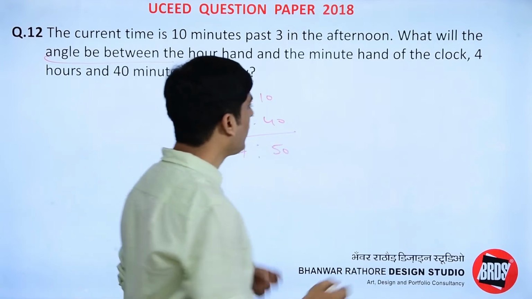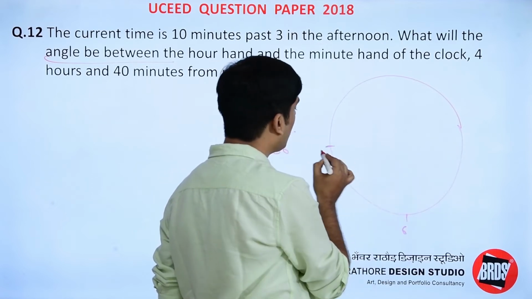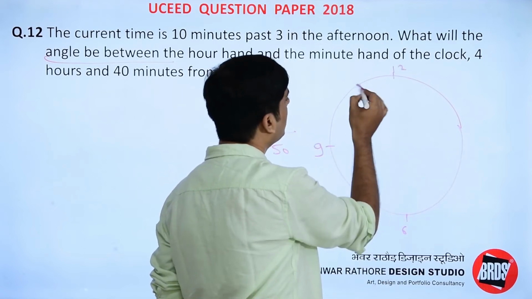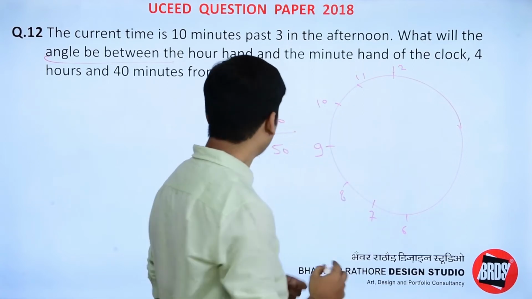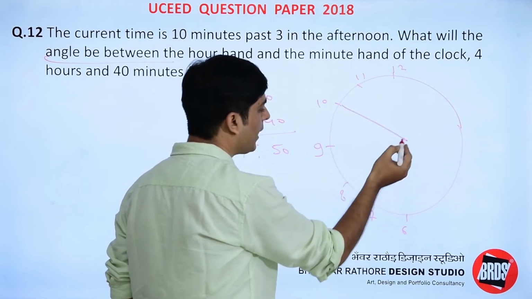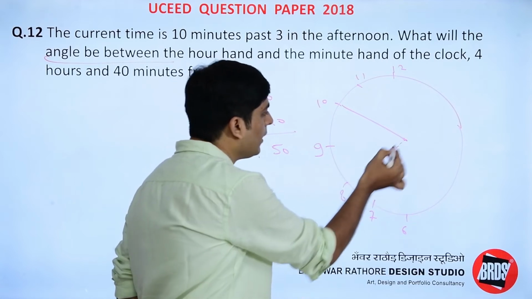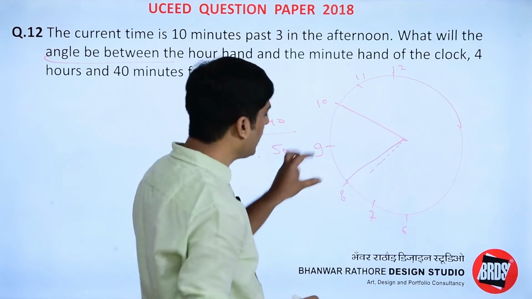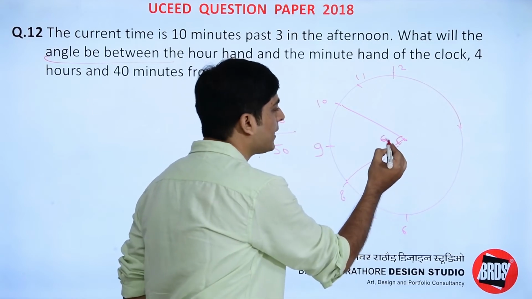Now we have to identify the angle between the hour hand and the minute hand. I am making a rough diagram just to get an idea where the positions of the hour hand and the minute hand would be. 7:50 means your minute hand would be exactly at 10 and the hour hand would be near 8, but not exactly on 8. If you consider this condition, you get 2 parts and each part has a 30-degree angle, so the total angle would be 60 degrees.